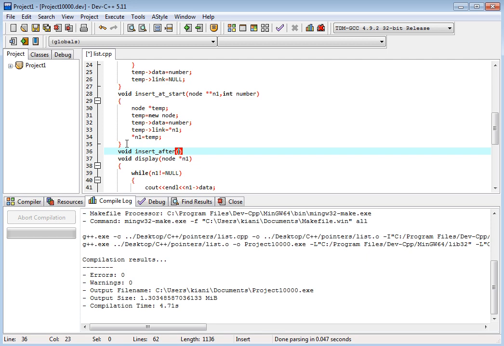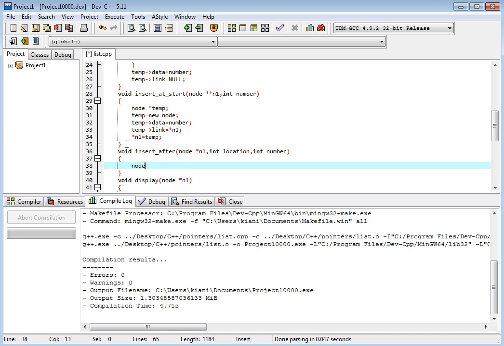So we add the courses, we have a list of courses, and we want to add a course after some course. What should we do? We have node pointer n1, integer location and integer the data number, okay.